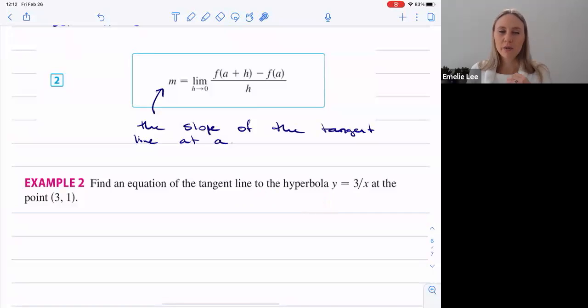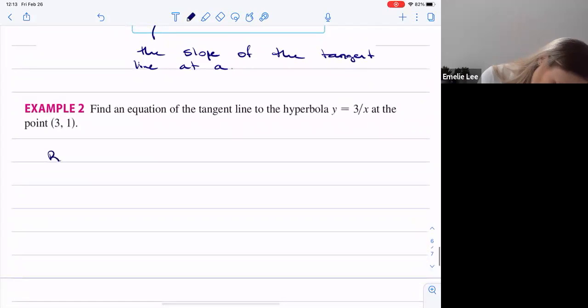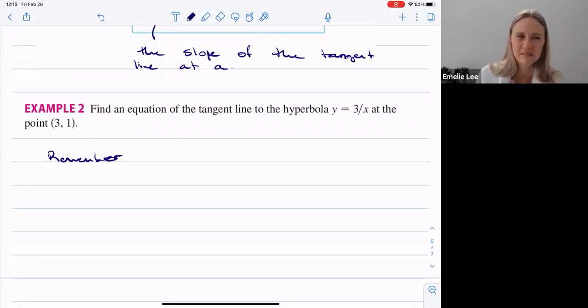Okay? So what we need to remember, and what's going to be really useful, I've said it once, I'll say it again, is the equation of a line, right? We can use the point slope form of the line if we have the slope, the derivative, and we have a point, 3, 1. So really what we're saying is we need to find the derivative at 3, 1, right? So we need to find the slope of the tangent line at 3, 1. So remember,